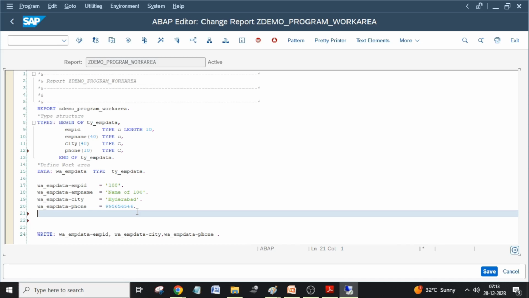If you don't clear, for example, I'm not clearing this previous record of the work area. I'm populating our four fields here, but for the second record, we don't have a phone number. We are not populating city. For this 101 employee, we don't know the city of this employee and we are not populating it. But if you don't clear the previous value completely, what will happen? It will use the previous employee value here also, because the previous value will already be there in the work area. You are updating only the other three